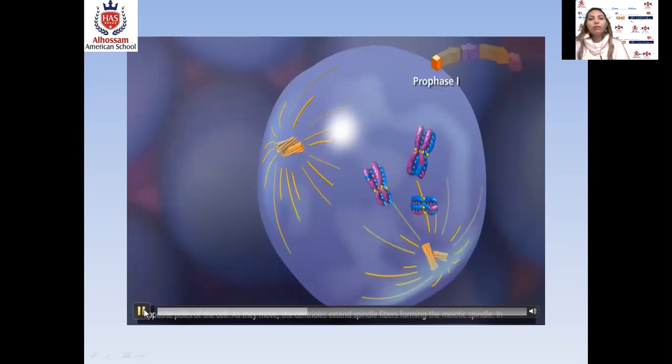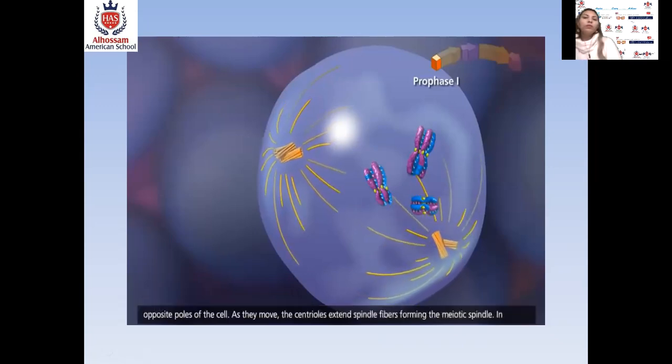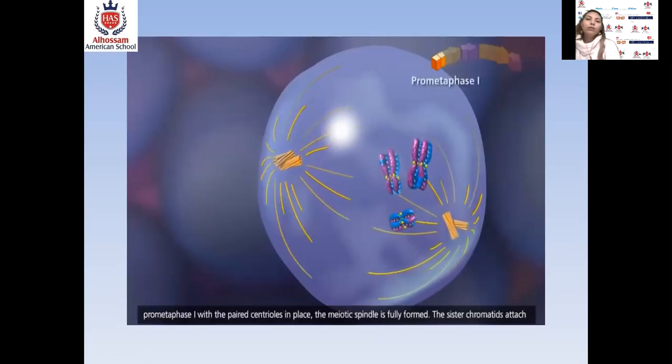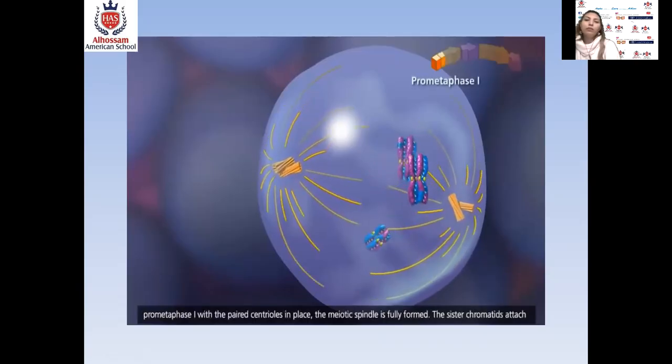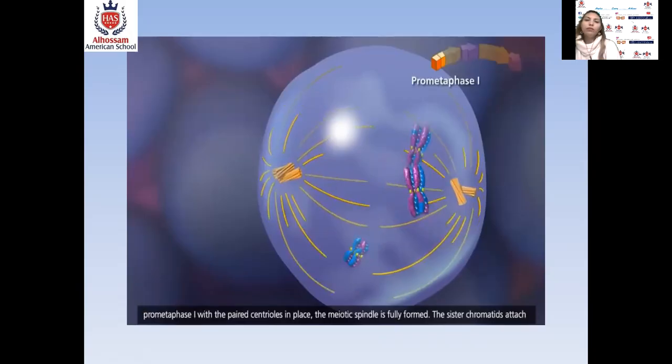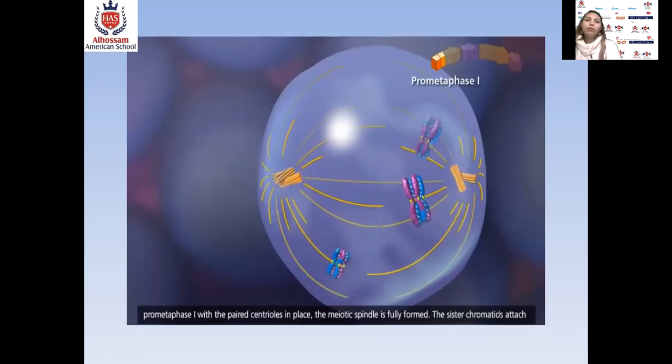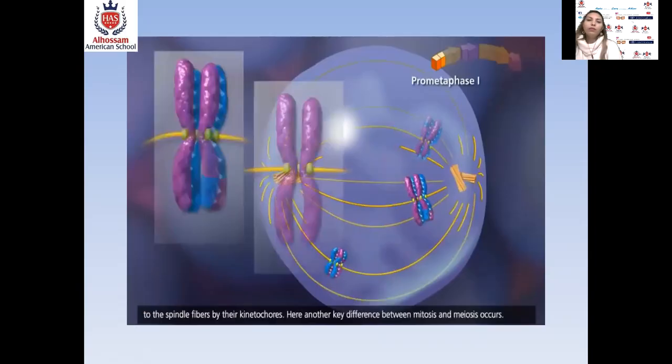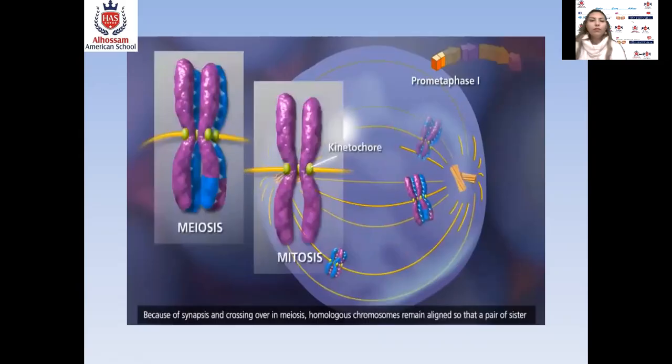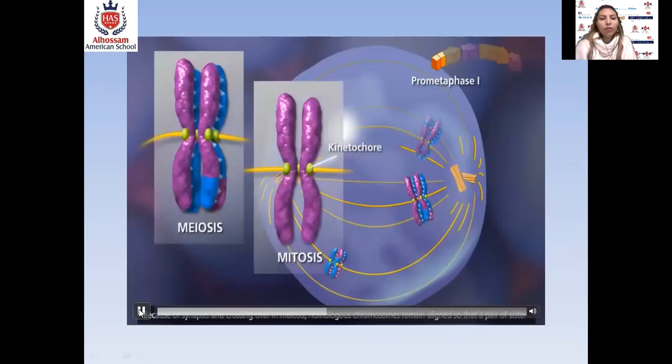The centrioles extend spindle fibers forming the meiotic spindle. In prometaphase 1, with the paired centrioles in place, the meiotic spindle is fully formed. The sister chromatids attach to the spindle fibers by their kinetochores. Here, another key difference between mitosis and meiosis occurs. Because of synapsis and crossing over in meiosis, homologous chromosomes